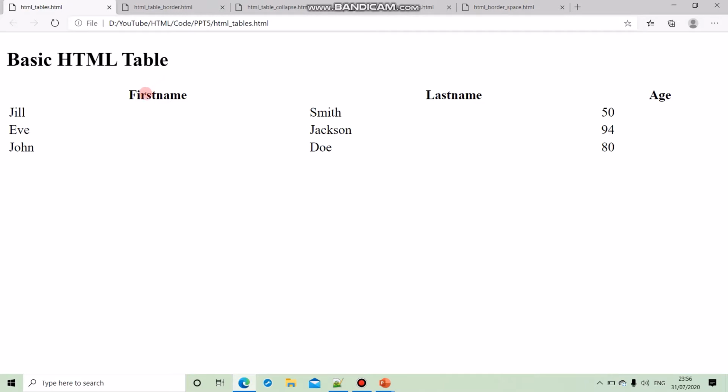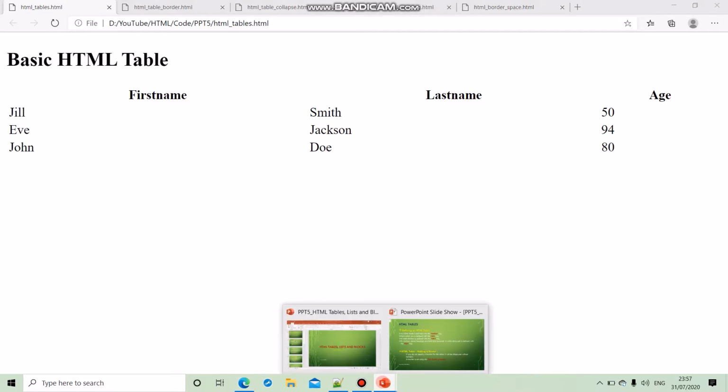This is the heading. By default, table headers are bold and centered, that is first name, last name, age. This is nothing but tr. First name Jill, John. These are trs, and this is the table heading. Under this tr, this is td, that is table data. Jill, John, Smith, Jackson, Doe, etc. Next,